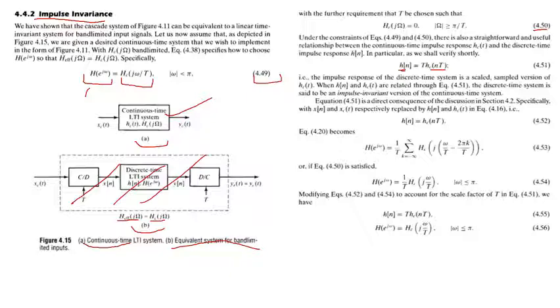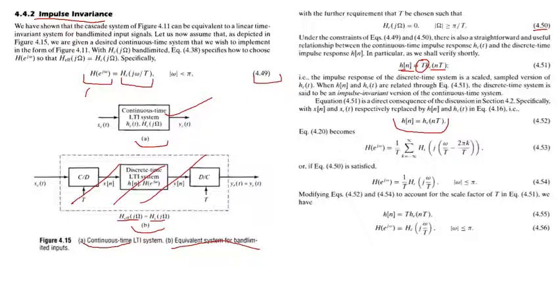So the discrete time system will be impulse invariant. Why are we saying impulse invariant? Because of this T. Now how can we prove that? If you consider this equation and take the Fourier transform of 4.52, we know that the discrete Fourier